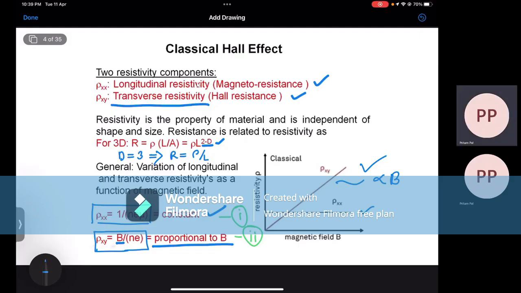So for a three-dimensional system in the presence of a magnetic field, this will show you how the resistivity, both the transverse and the longitudinal, will change with respect to the magnetic field. This is all about the classical Hall effect. So now let's go to the quantum Hall effect, the quantum domain, and we'll see how it's different from the classical Hall effect. Okay,